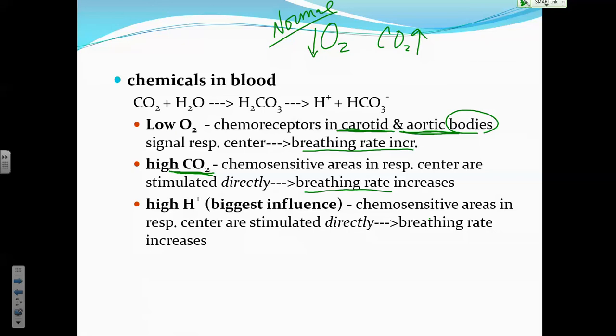Okay. So where in the world do hydrogen ions come into play? Okay, it has to do with this reaction right here. When carbon dioxide gets in a watery environment, it's going to combine with water. And a place that is a very watery environment is your blood plasma, right? So in your blood, carbon dioxide combines with water to form carbonic acid, which is a fairly weak acid, but because it's an acid, it dissociates into hydrogen ions and then a negative ion.